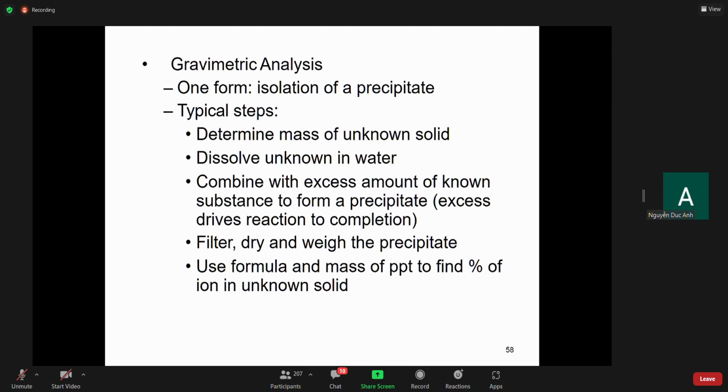So from the unknown solid, we only know that this one dissolves in water, so we dissolve it in water to form a solution. We have the first mass of that unknown solid. In the second part we will